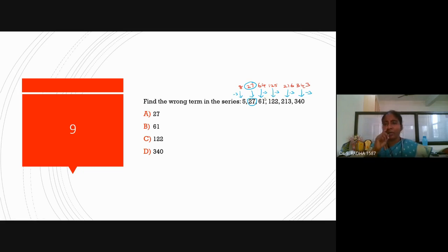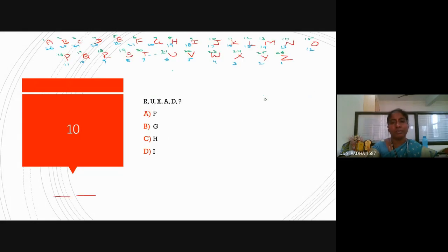Generally, if you observe, 61 is there, 122 is there. There you may get some doubt. 64 is nearby, 125 is nearby. If we don't remember the higher numbers like 213 and 340, at least we will remember 125 and 64. There is some hint over there. If you put pen on paper and write some things, then you will come up with some logic. Finally, it satisfies. My answer is 27, and the same pattern is followed.